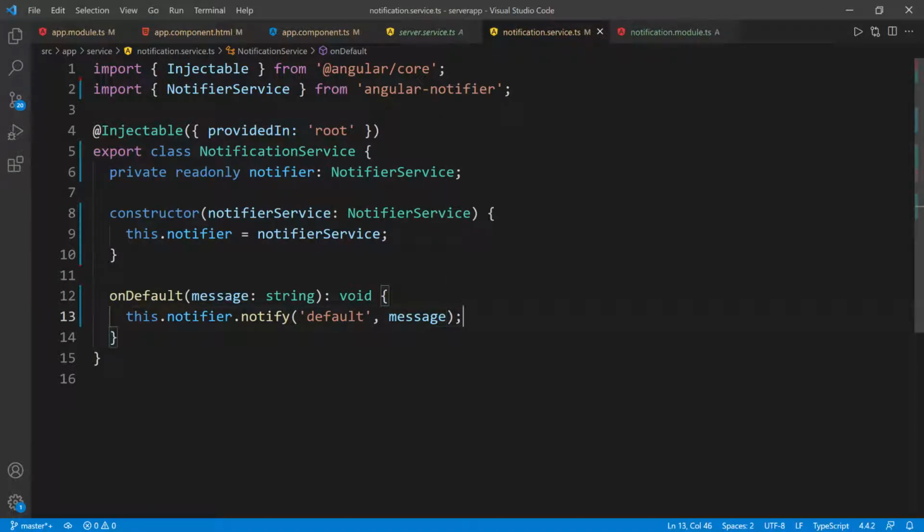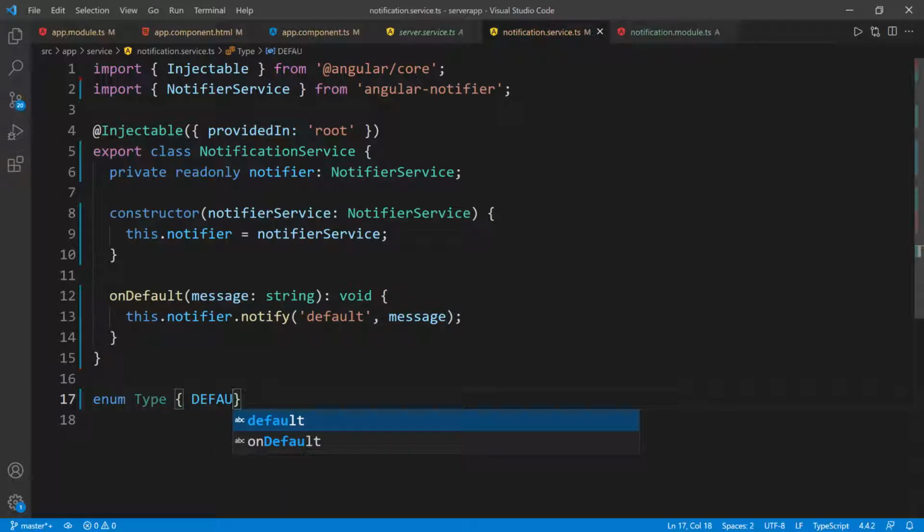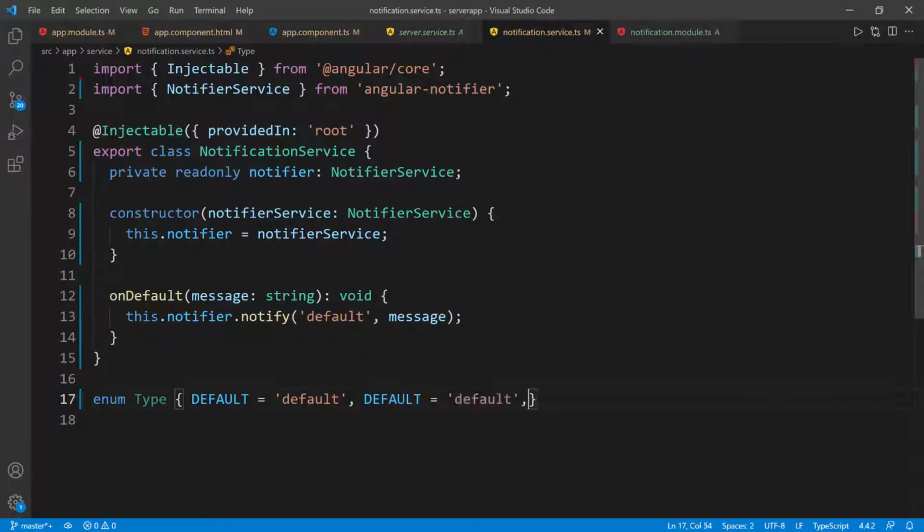Another thing I want to do is to create an enum for the type of the message, so that we can have this in a more clean way. So I'm going to go outside of the class, and I'm going to create an enum, and I'm going to call it maybe type, because it makes more sense. And then I'm going to pass in the different types. So the first one is default. So default, and we're going to set it equal to a string default. Then I'm going to copy this again and then paste it, and this time this is going to be the info. So info, and then change this to info, paste it one more time. This is going to be the success,